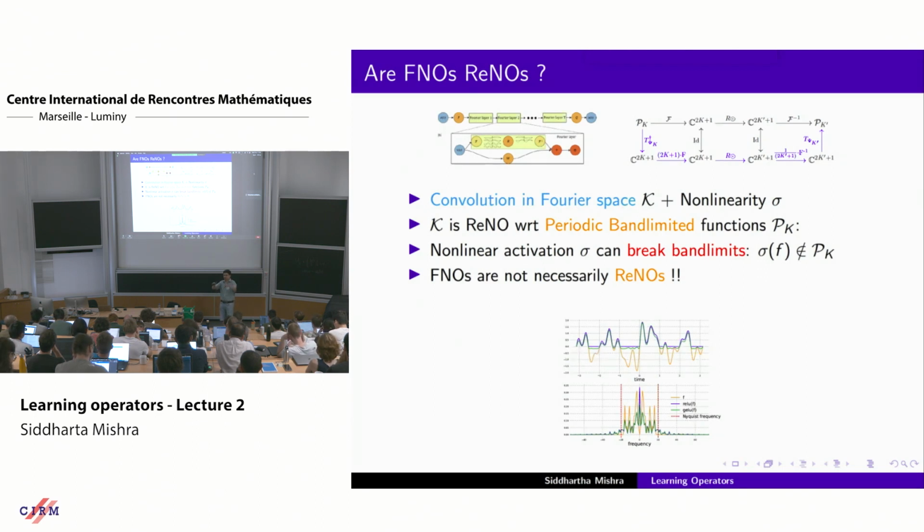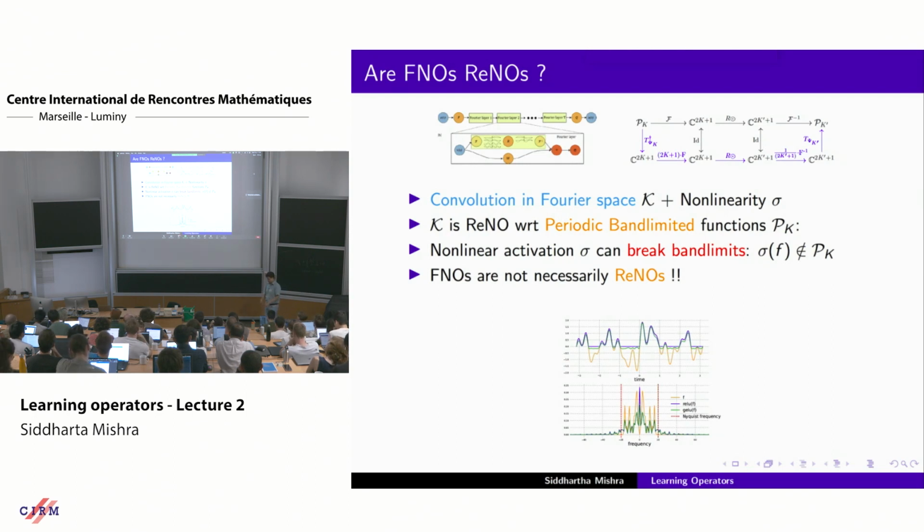I showed it for DeepONets, but I didn't touch it for FNOs. Now let us try to understand this a little bit, because this is an interesting story in itself. So first of all, remember the definition of ReNOs is this discrete-continuous equivalence, these commutative diagrams